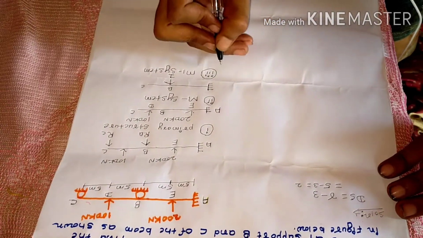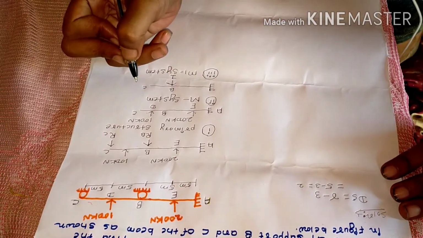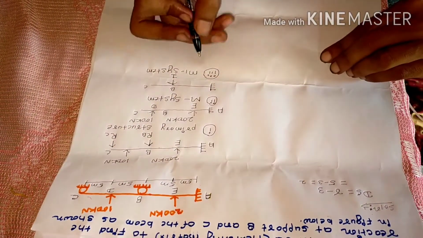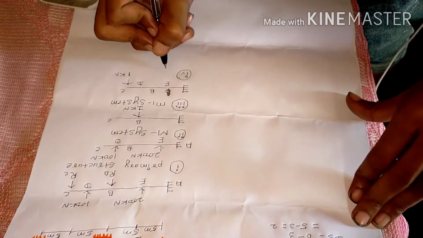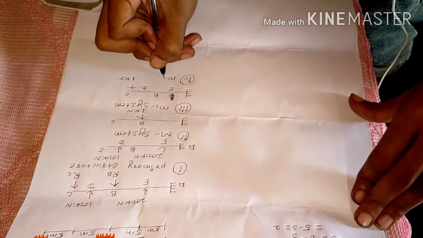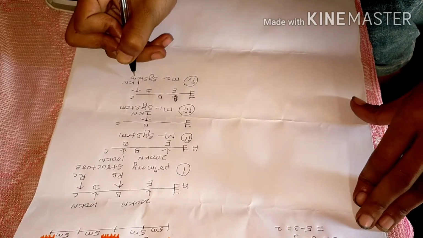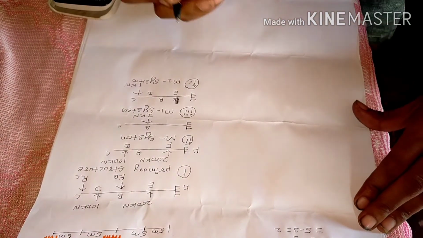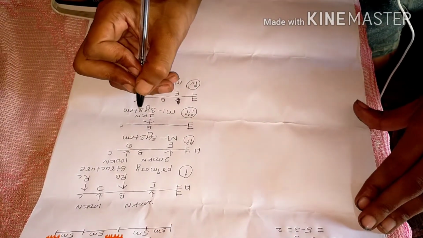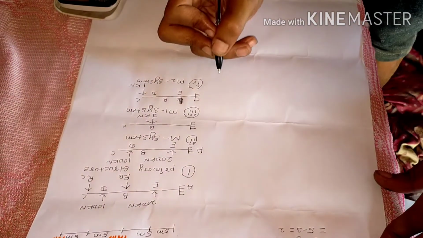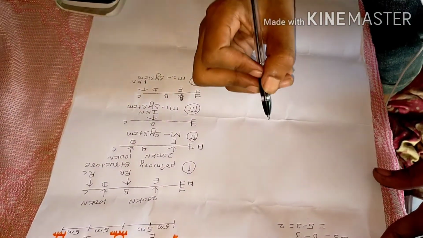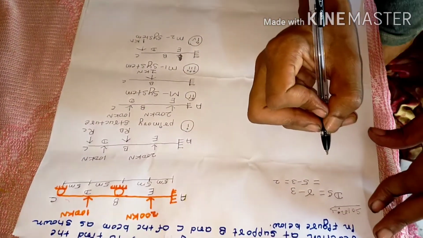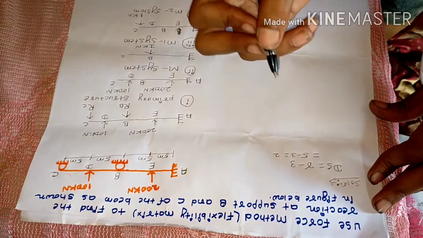Next, we have to also replace the redundant at C with unit forces. If this is figure 4, then this system is known as the M2 system. Next, we have to generate a table and calculate the data required to analyze the continuous beam in the table. So in accordance with the force method, let us analyze the continuous beam.